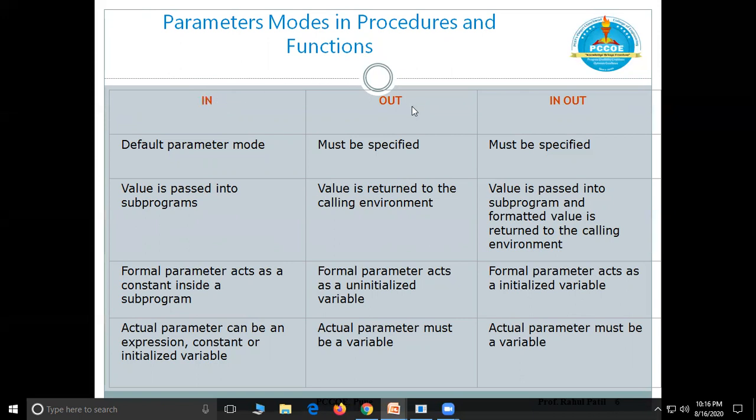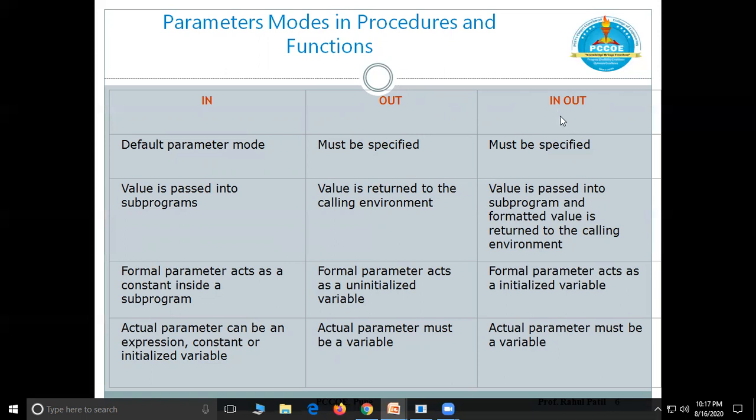If you want to use the argument for a value which is returned to the calling environment, then you can use the OUT parameter. It is not the default, it needs to be specified. For example, x is the argument you are passing, and you want x to take the return value of that block, then you should write the OUT parameter. The third mode is the IN OUT parameter. It is also not the default, it needs to be mentioned.